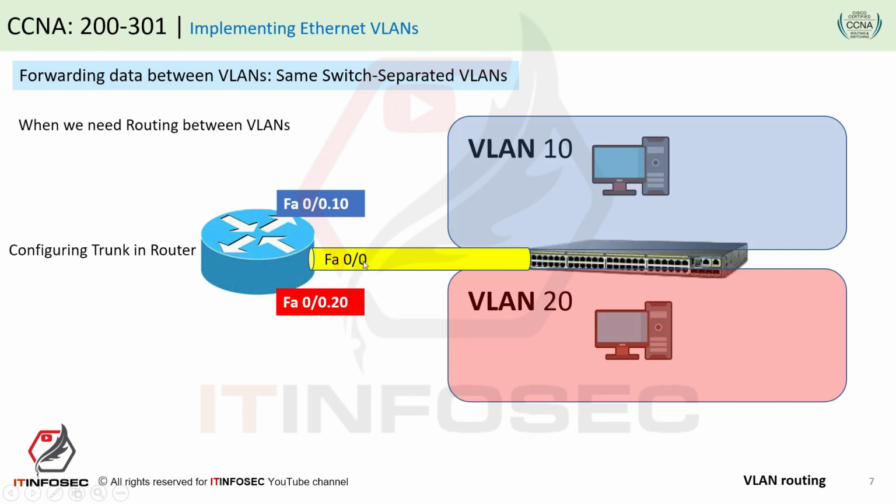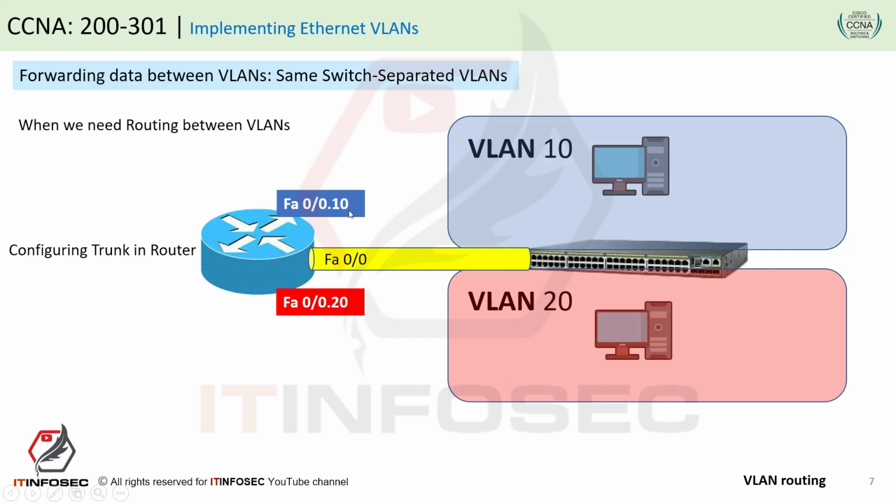physical interface FastEthernet 0/0 into 2 logical interfaces: FastEthernet 0/0.10 and FastEthernet 0/0.20. .10 and .20 are the same as the VLAN numbers. It is very, very important. Keep in mind your